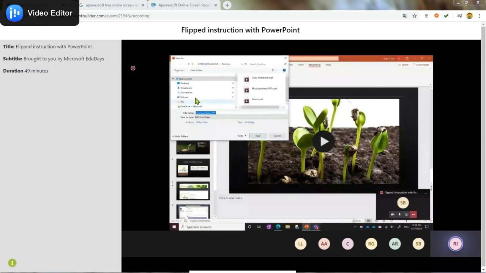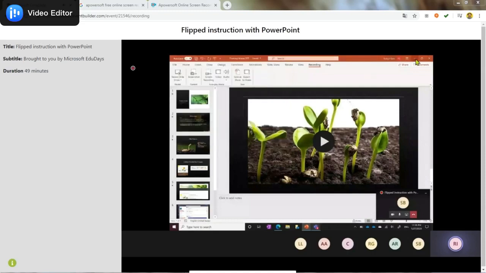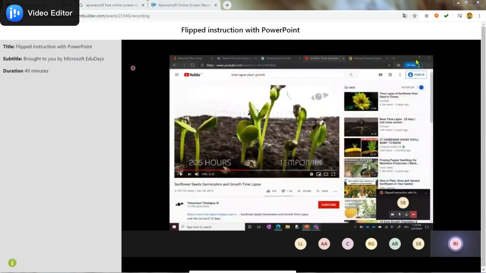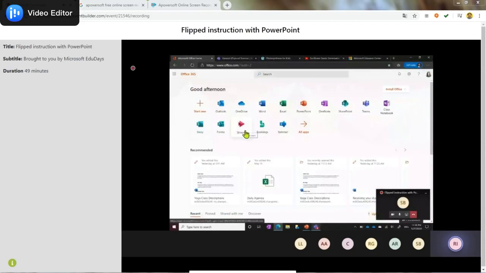Once you have it saved as a video file, one thing you might consider doing is uploading that video to Microsoft Stream. So I'll go ahead and take you back, and we can see that in our suite of apps, we also have Microsoft Stream. Stream is the app that comes with your Office suite that is all about video storage. You can upload videos here, create videos here, and get live or automatically generated captions that go along with your video. So I'm going to go ahead and click on Stream.